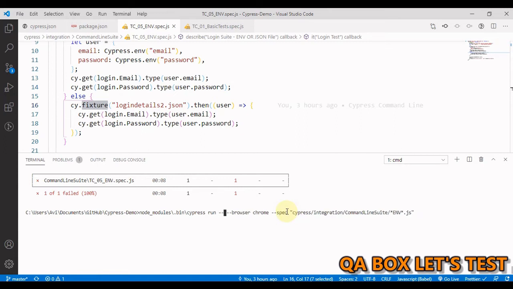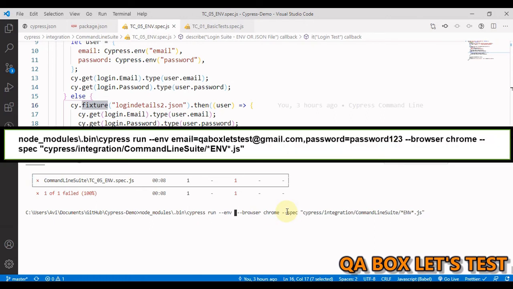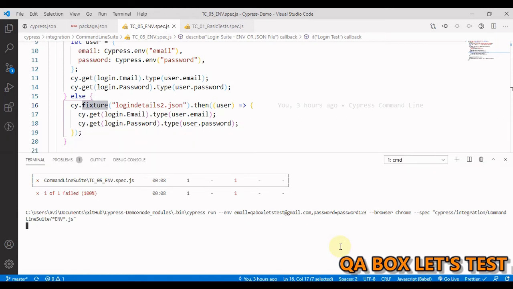Okay, now to pass in the environment variables from here, you just have to say this env. Then you're going to pass in the environment variables in here. So we are going to say email and we are going to say password. Email is this. Since you have to pass in two environment variables, you're going to separate them with the help of comma, and you're going to pass in the other environment variable now. That's it. Hit enter,